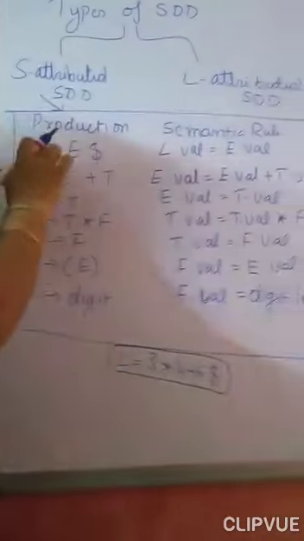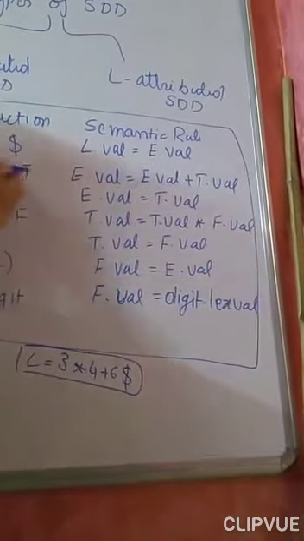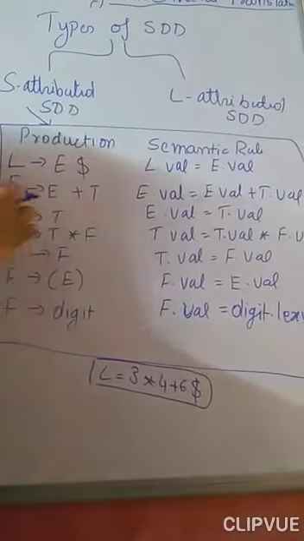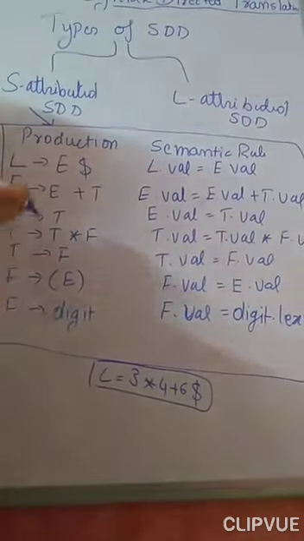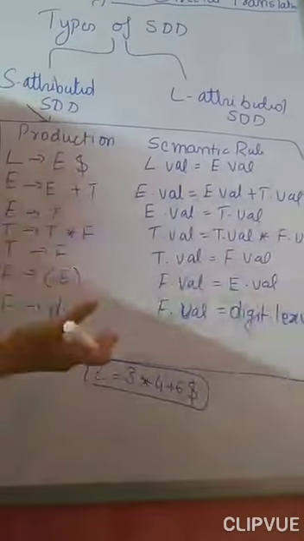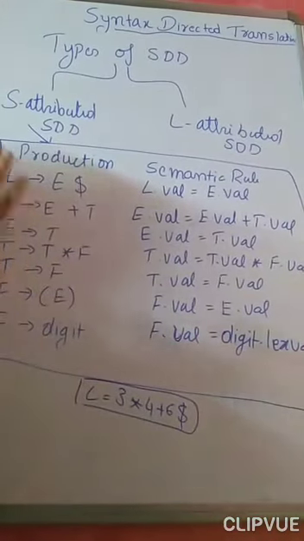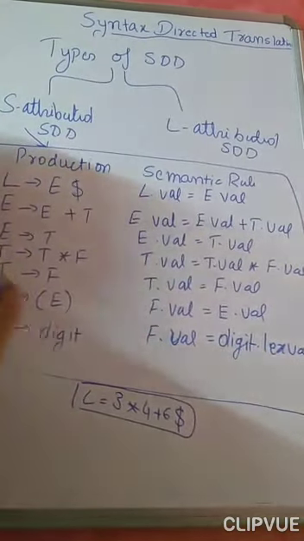And this is the grammar you are having. So here, what is your L.value? It is nothing but the E.value. What is your E.value? Again, it depends on the values of its child nodes, E.value and T.value. And what is E.value here? Again, it depends on the value of its child node. E.value is T.value. In the same way, for all the non-terminals, values depend on the values of their child nodes. It is very simple. Writing S attributed SDD is very simple. For all non-terminals, their attribute depends on the attribute values of their child nodes.